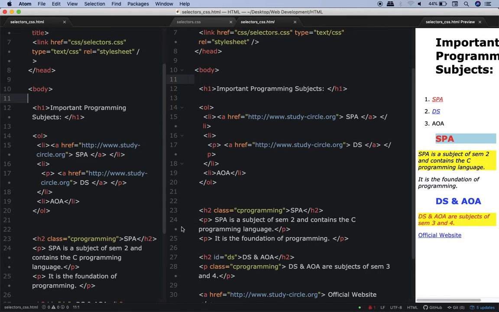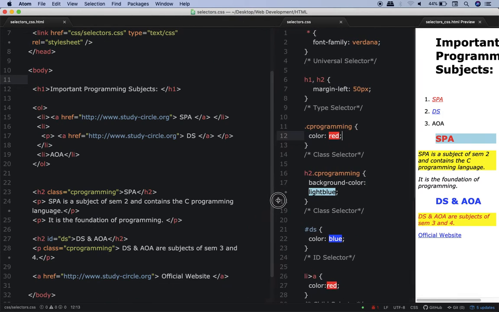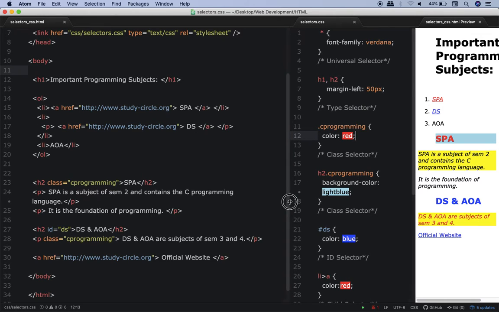Okay, so now I have split the screen into two parts. Over here I have selectors HTML and over here I have selectors CSS. So now I have the CSS file and the HTML file both in front of us, and we also have the output in front of us, so that way we can understand things in great detail.